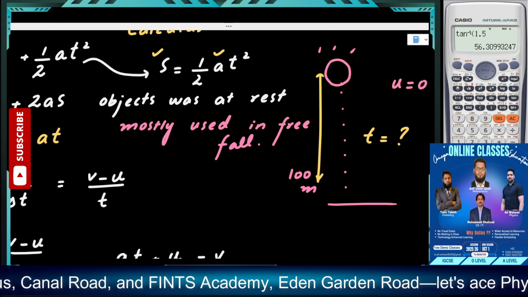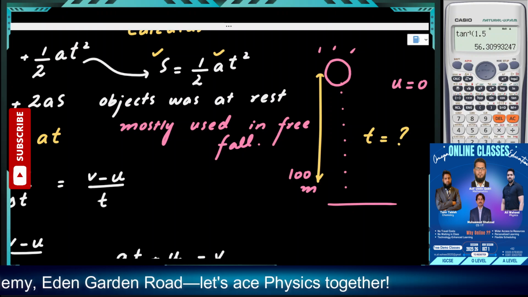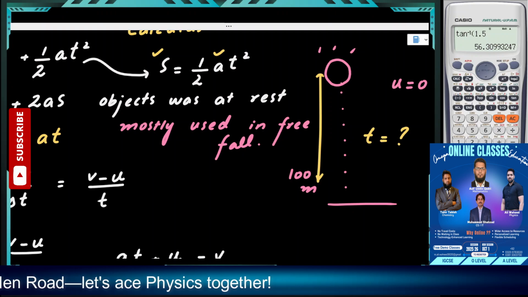So what do we have? We have only a single quantity, displacement. We need to find the time. You insert the value of s, 100. You insert the value of a, 9.81, and you